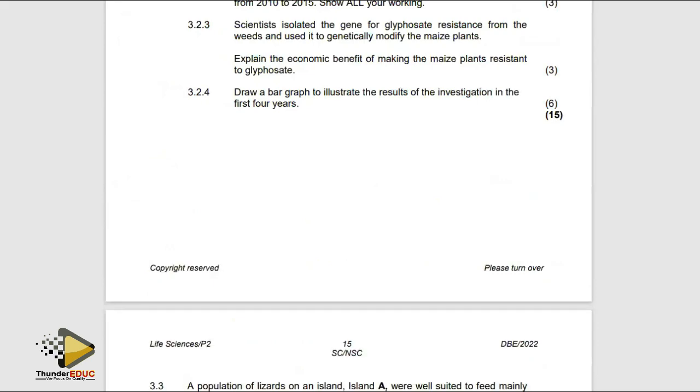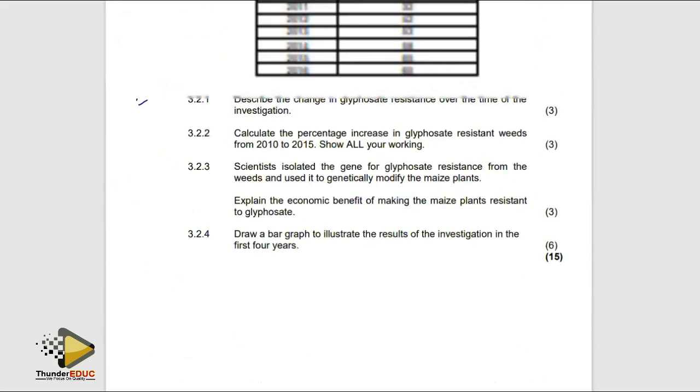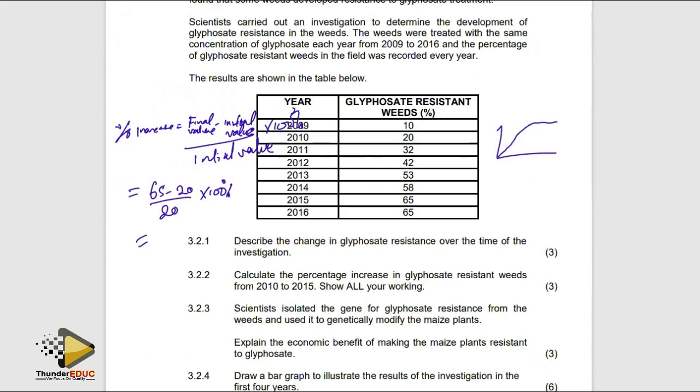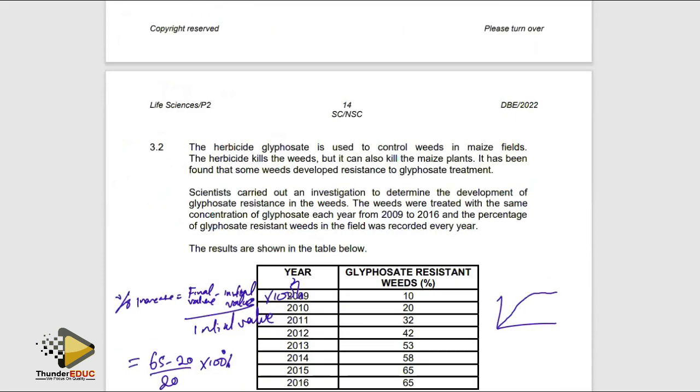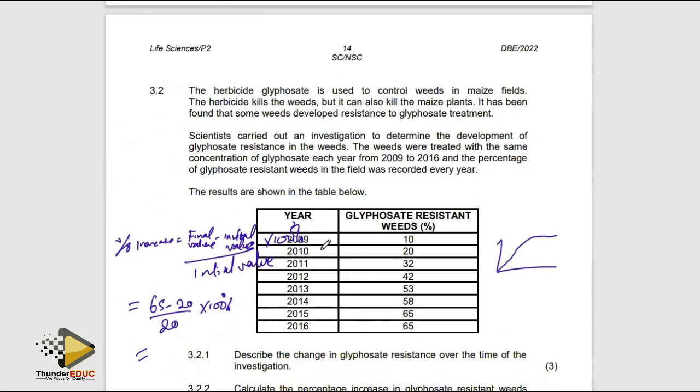Then they're saying that you draw a bar graph. Before I go to the bar graph, can you identify the independent variable here? Is the weed dependent on the herbicide, or does the herbicide depend on the weed? It means that the weed will depend on the herbicide over a period of years. That's why here you see that over a period of time or years, the glyphosate resistance